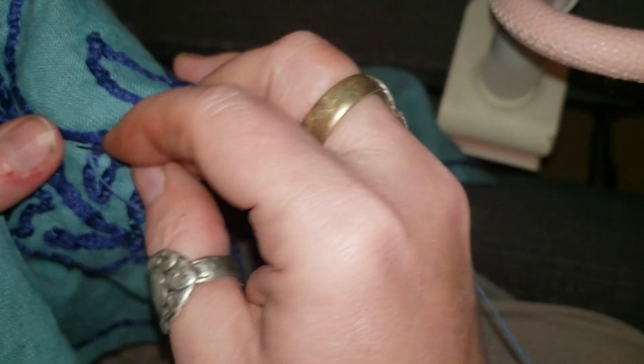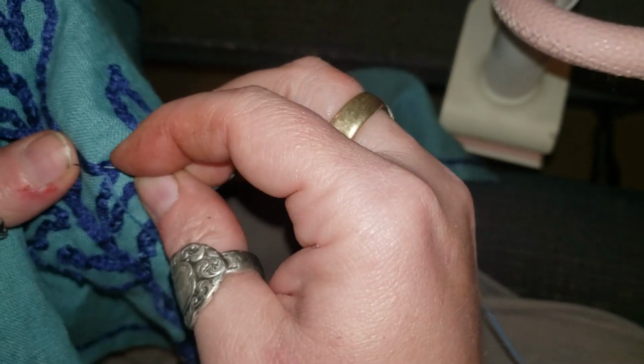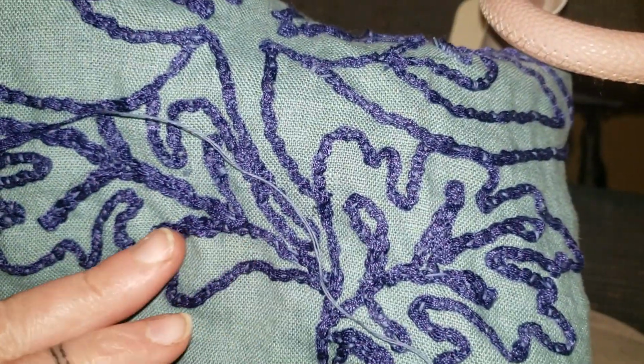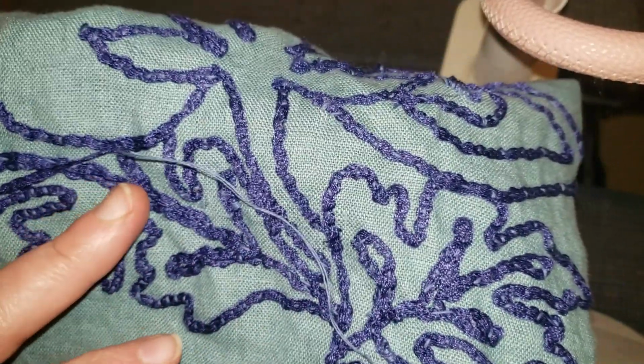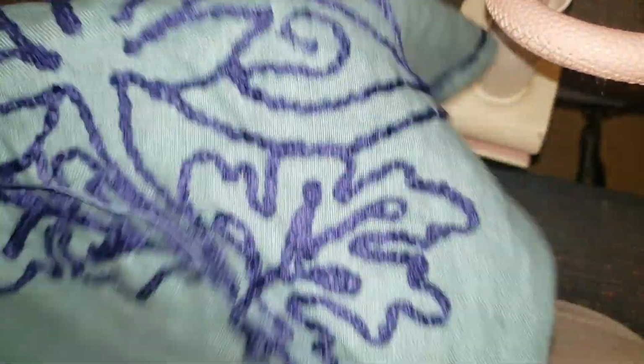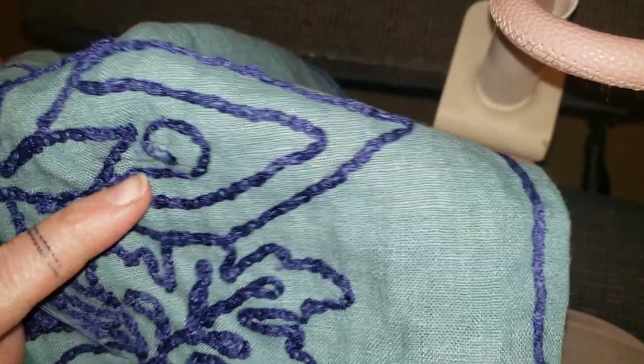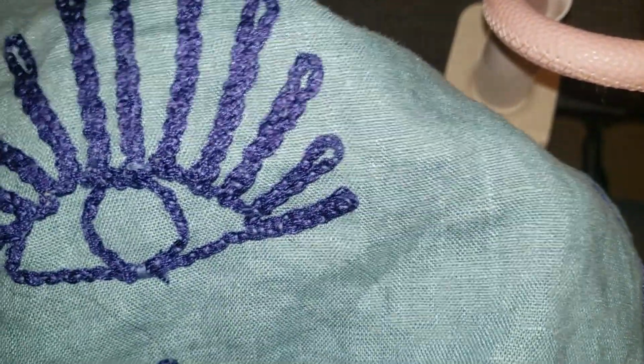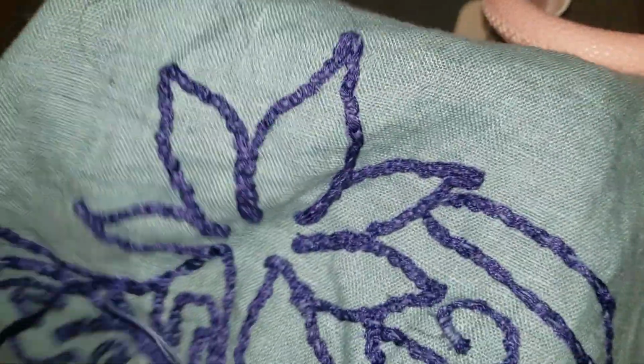But we're having fun with it. There we go. So, I tried to arrange things so that they doubled back, so the leaf centers are a little thick. Trying a spiral, be proud of me. Did the eye first, I think that's my favorite part. And you can see how